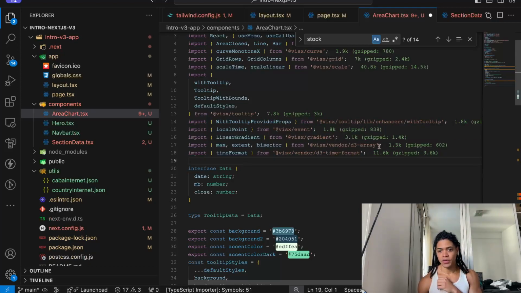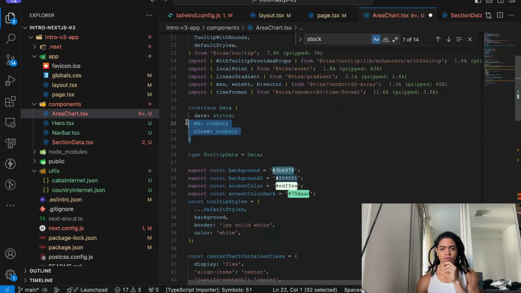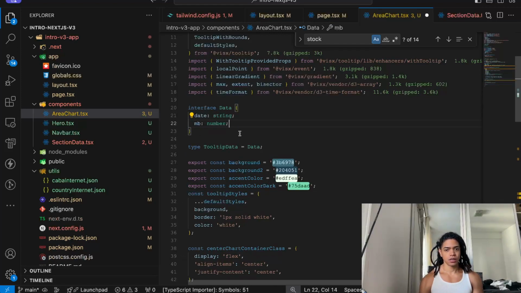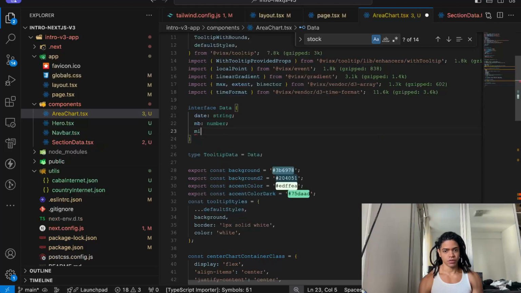so we can look at this, something interesting. And a way of how you can now work with a couple of functions to work with arrays that are from D3, this visual library that is very popular, as well as the time format. Okay, so here we define what is the shape of this data. We can in fact get rid of this because this is optional data, which is a number as well.